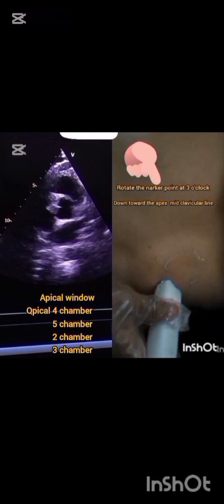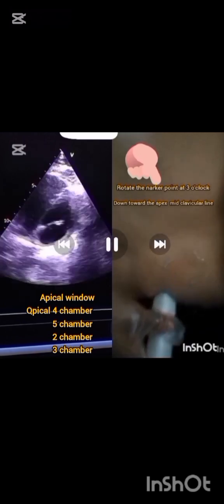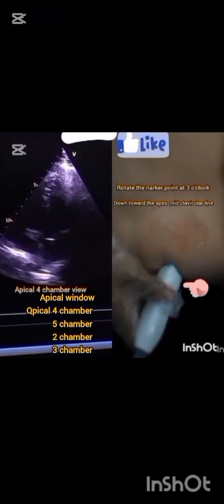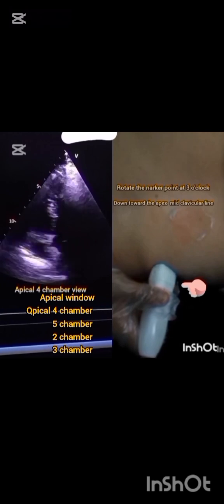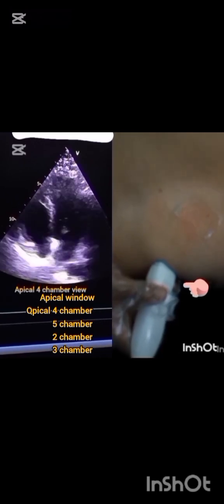For the apical views, you can rotate the marker point of the probe toward 3 o'clock, toward the apex. And the various views which are obtained from this position include the 4-chamber view, the 5-chamber view, 2-chamber view, and the 3-chamber view. Here you can see the 4-chamber view with the probe marker point directed toward 3 o'clock,